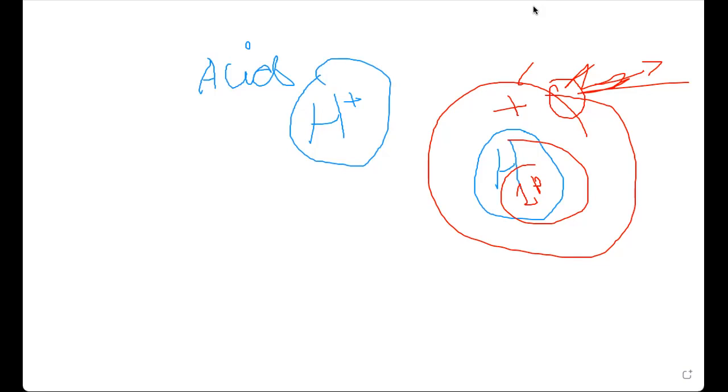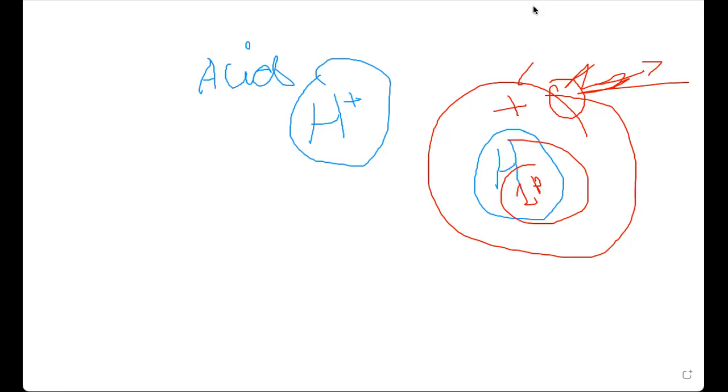So when we are using the words adding of proton, removing of proton, moving of protons, we are talking about H plus ion, because H plus ion is actually a proton. Is it clear? No, I'm a bit confused. So how do you determine if a substance is an acid?